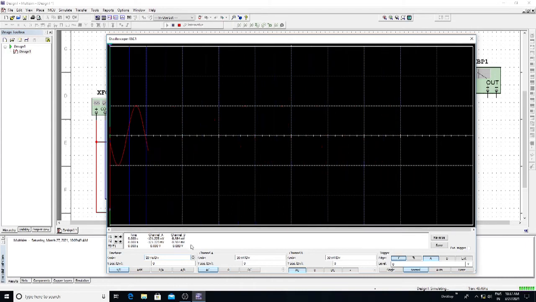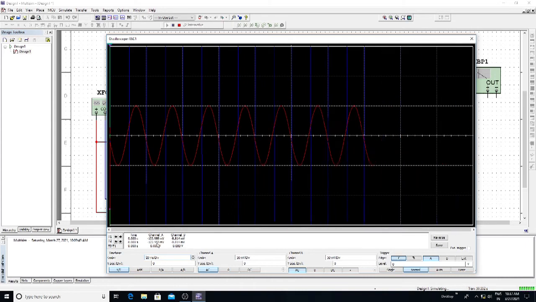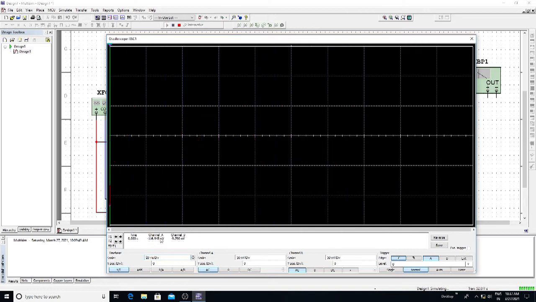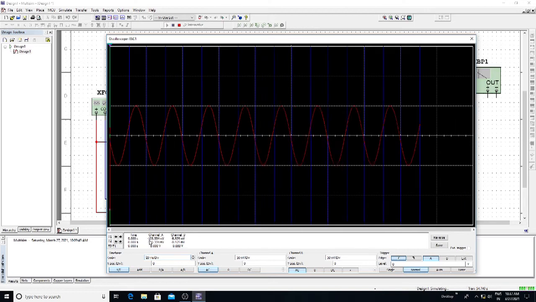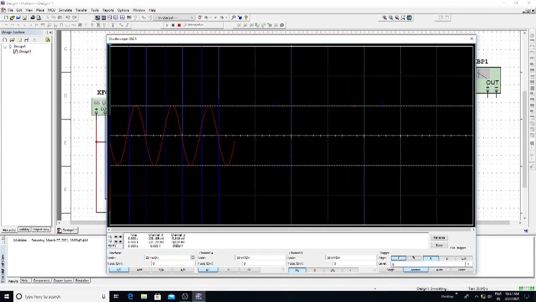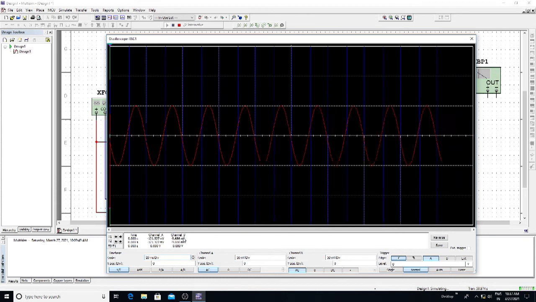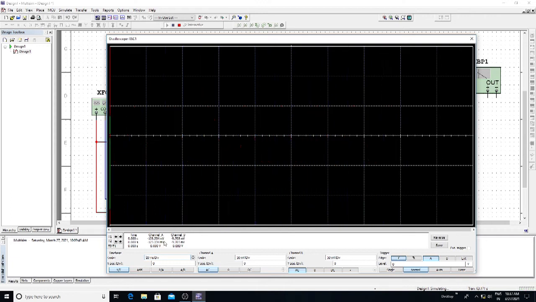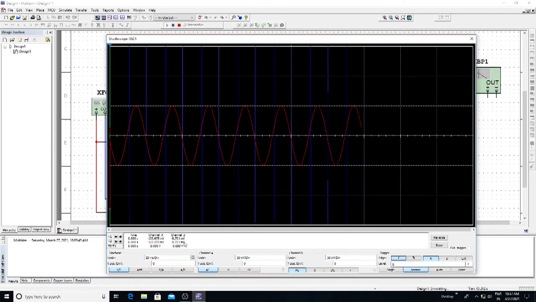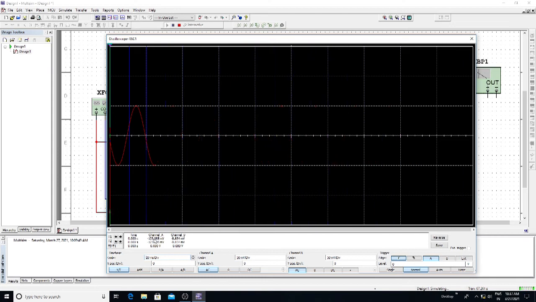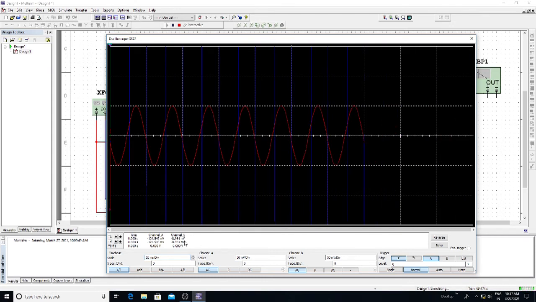If you compare the values for these signals, channel A is minus 125 millivolts and channel B is minus 9 millivolts. So channel A has a greater value compared to channel B. So these are the output waveforms.